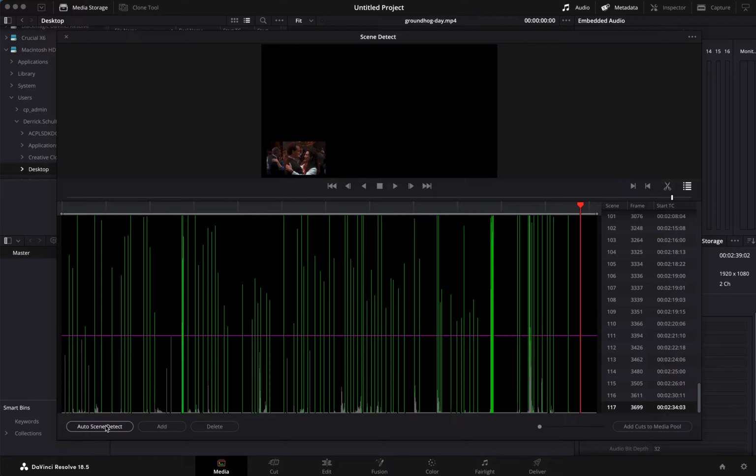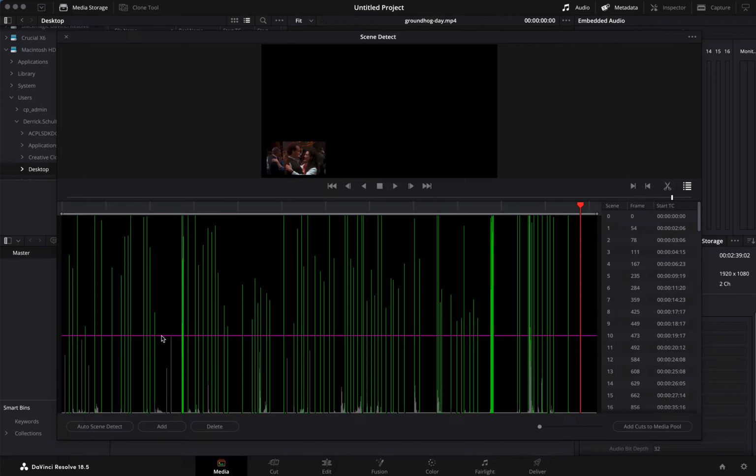Okay, so now it's done it, and along the right-hand side here, we can see where all of our cuts are. It says starting at 0, which would obviously be the first frame, and then at 54, it says, hey, I think there's a cut here. Looking at this interface, you'll see these tall green bars are where it has decided a cut is. The height of these green bars is sort of what would be called a confidence score. So this is the confidence of the model that there is a cut here.